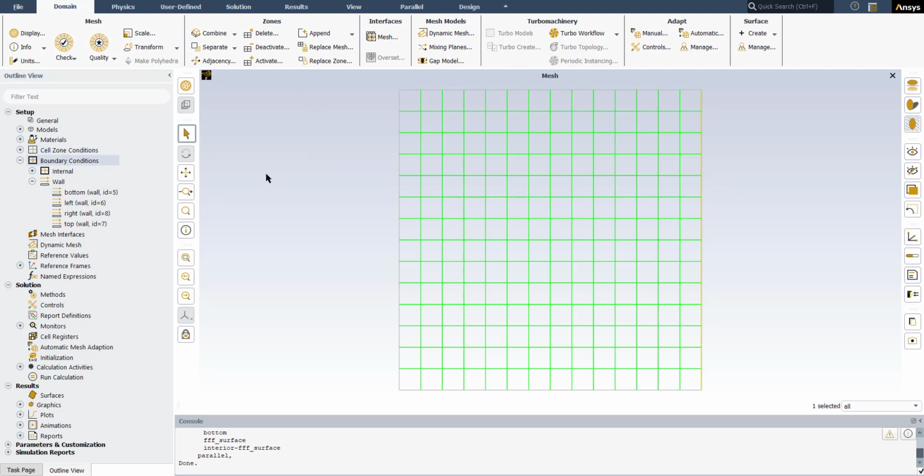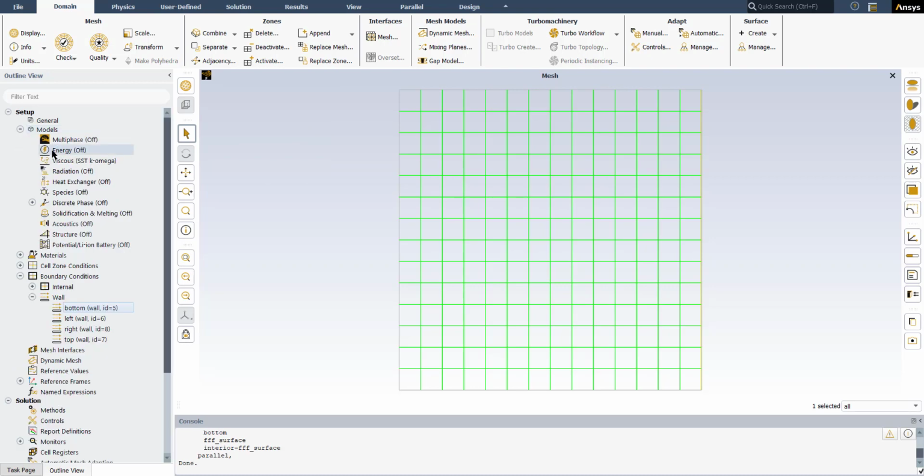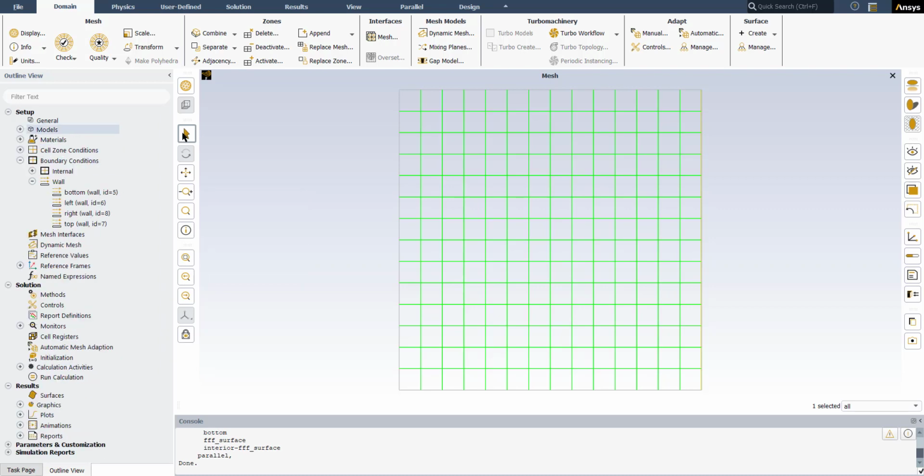So for the first step, we go to model and activate the energy model, because it's off as the default. So we set this energy equation. Then we can set the boundary condition for each of these walls. So we can open the bottom